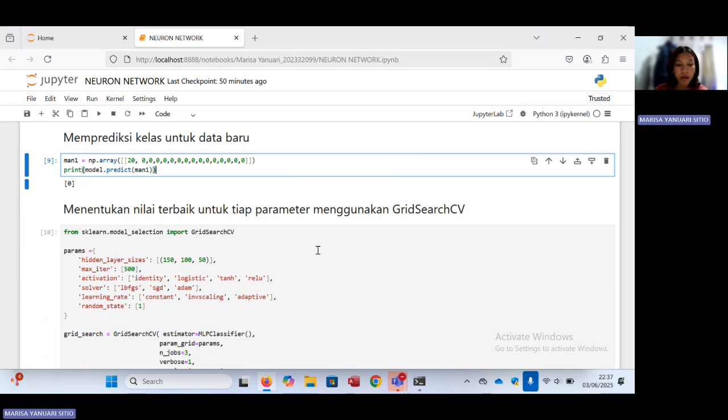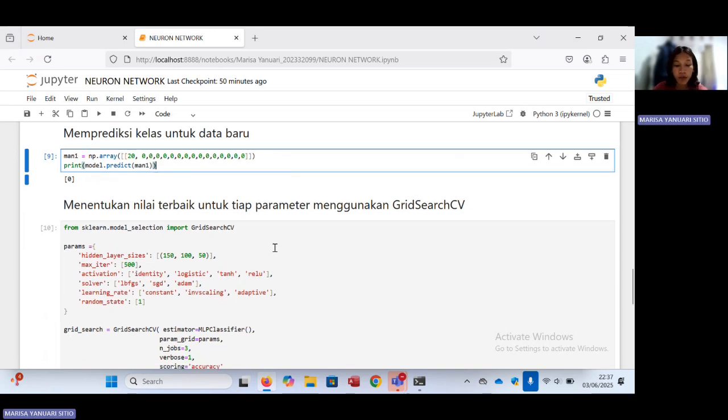Next, explanation. From sklearn.neural_network import MLPClassifier. Import the MLPClassifier from scikit-learn, which is used for artificial neural networks. The hidden layer sizes are 150, 100, and 50.